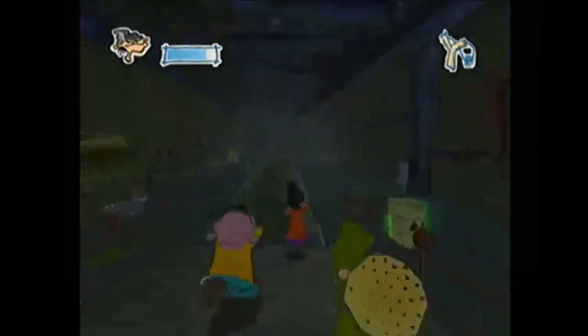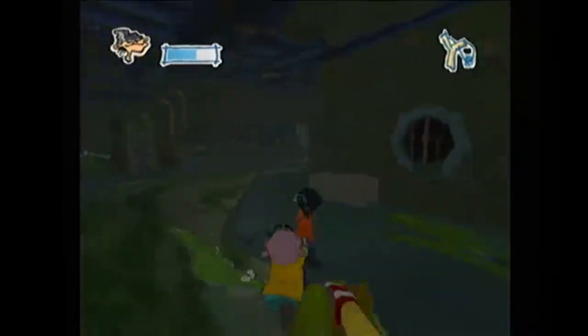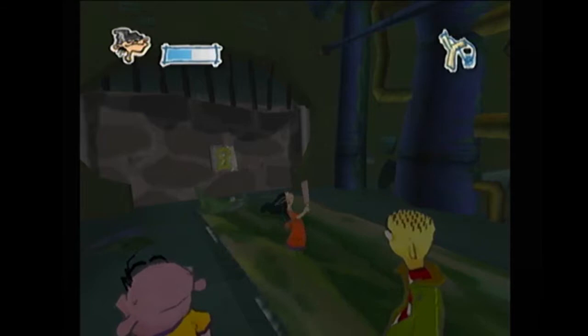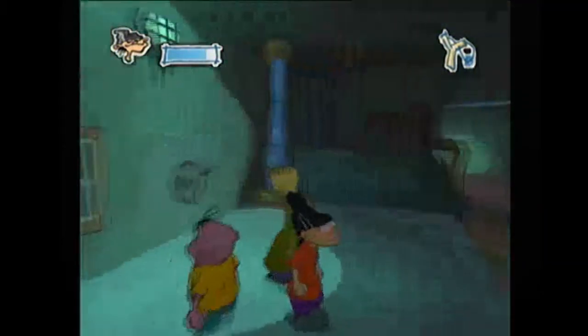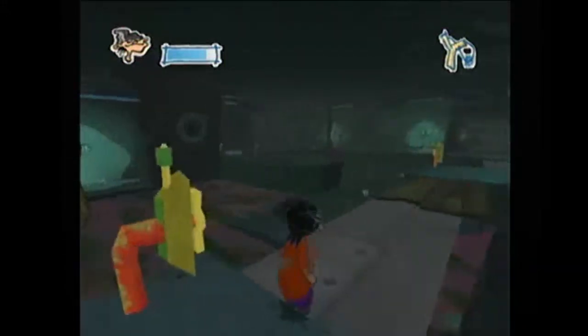Oh yeah, I forgot to talk about the health system. The health system in this game isn't that complex, so I won't go into that much detail. There's a blue bar in the corner that slowly depletes as you take damage, and you earn your health back by defeating enemies. When you run out of health or fall down a bottomless pit, some text appears on the screen, and you hear a voice that I assume is Kevin say,